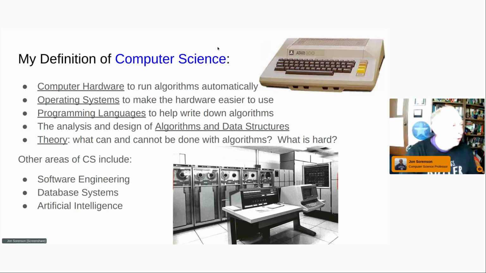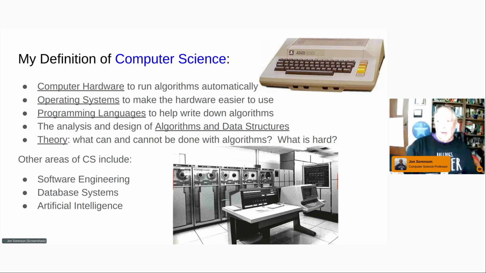An operating system is a program that runs on the computer that makes it easier to use. Basically, it's a program that runs other programs. So that's the purpose of an operating system. And operating systems, especially today, are complicated pieces of software, and there are all sorts of cool features in them. So it's a major area of computer science: research and the study of different types of operating systems, creating new ones for different types of hardware. It's an interesting area of computer science.